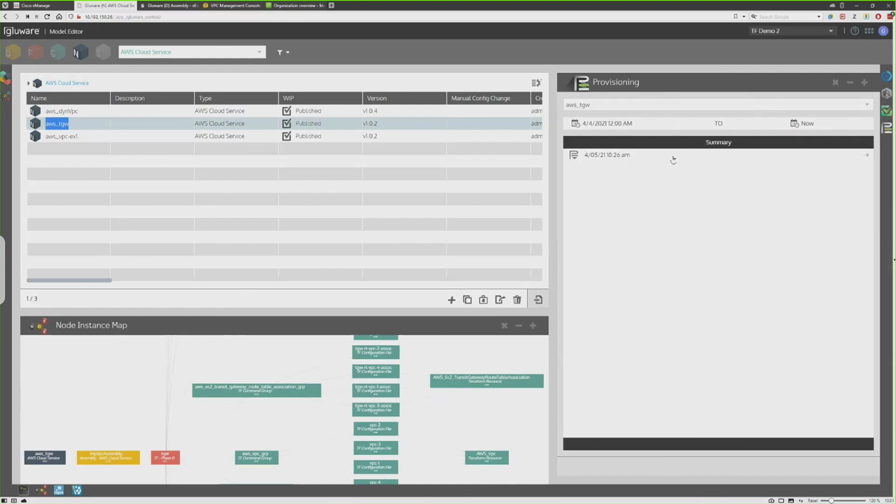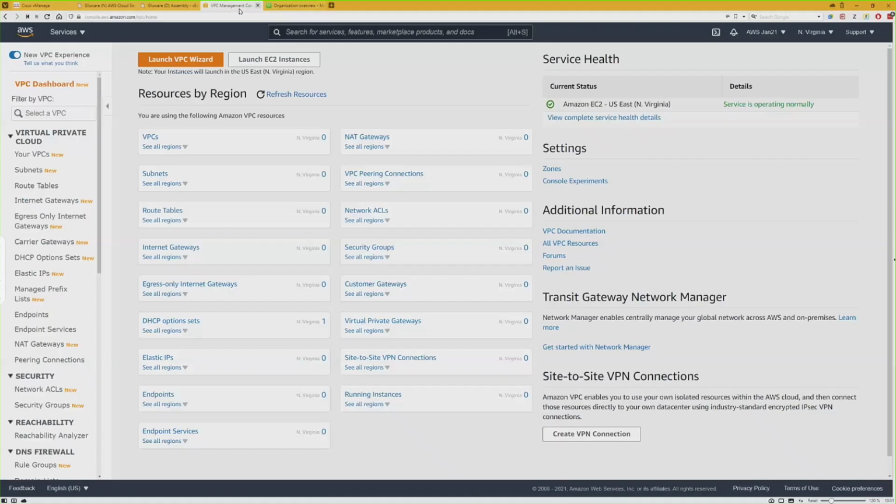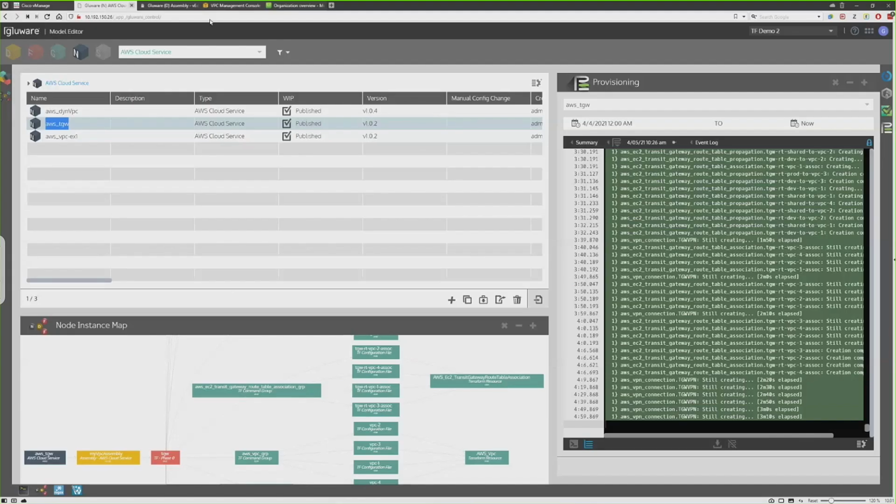Let me go in the logs here. So this is happening. I told you it takes roughly 7-8 minutes to do that. It is happening. If I show you the progress, remember this is my view on my VPC account, and if I refresh, you can see some values start to appear. In the meantime, I can show you